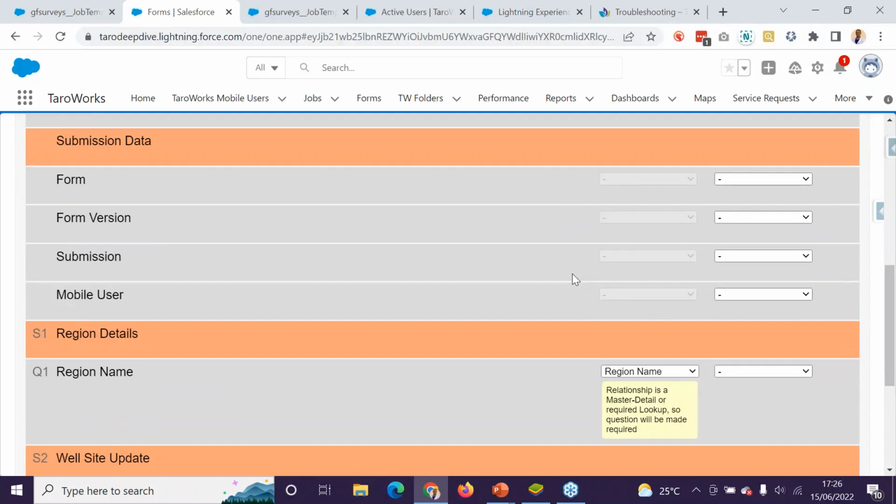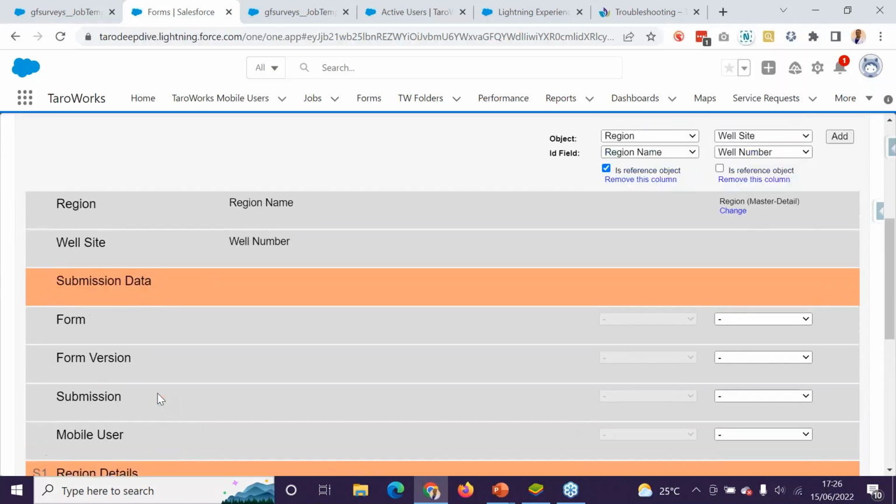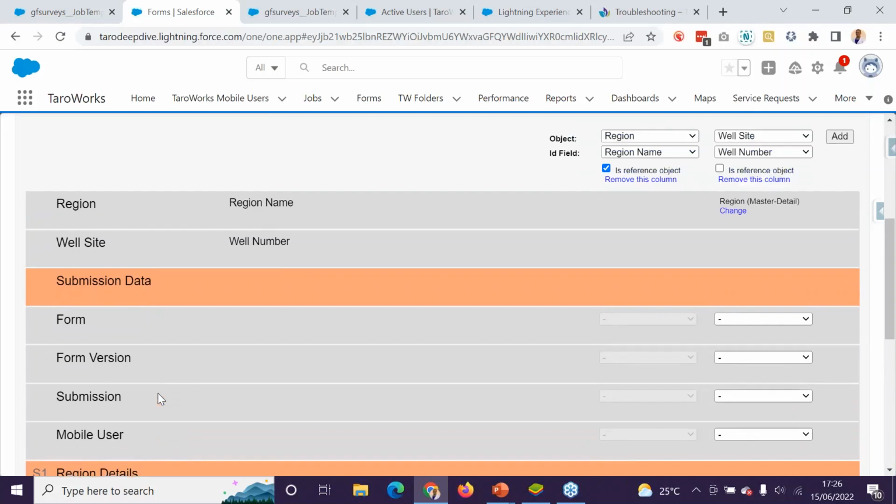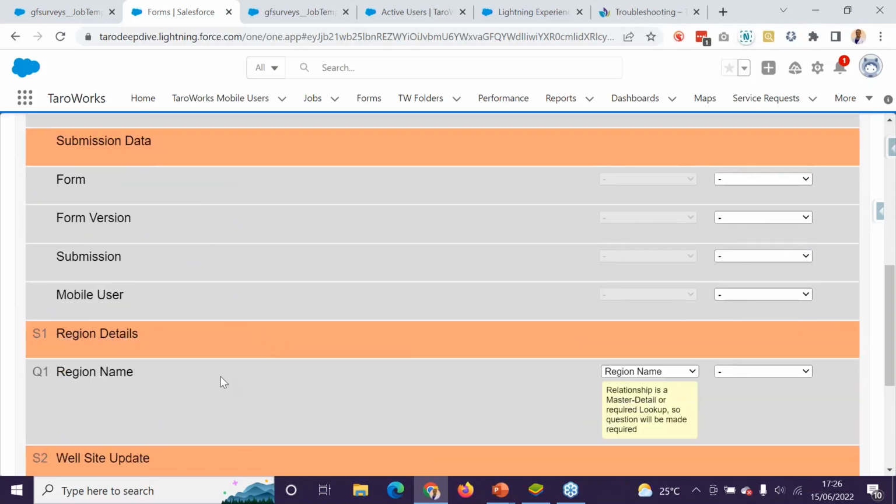And also, like we mentioned, it has to be a response to a question on the form. That's why we had the region name question here. So we prefer the ID. I'm sorry, it's not the best example to have illustrated that. I used the region name, but we recommend